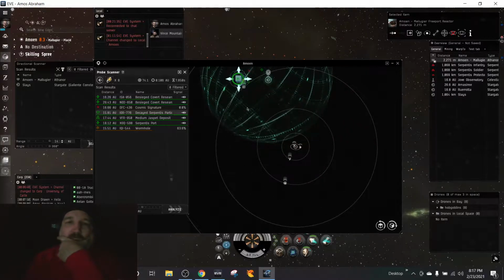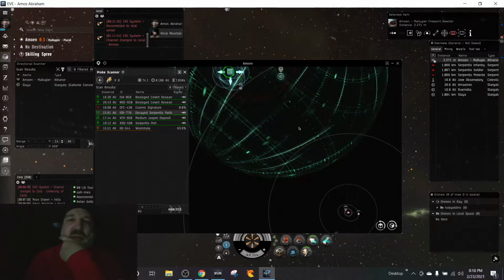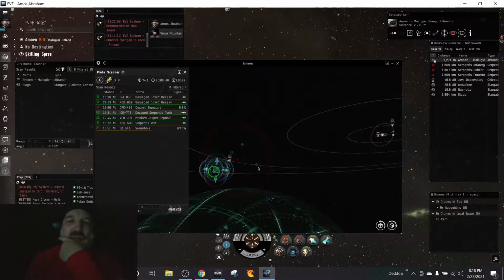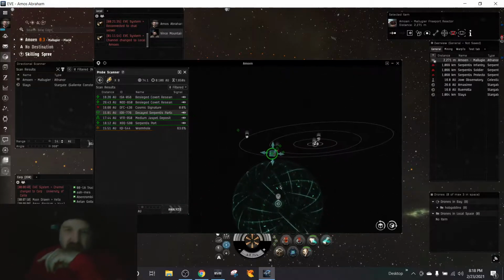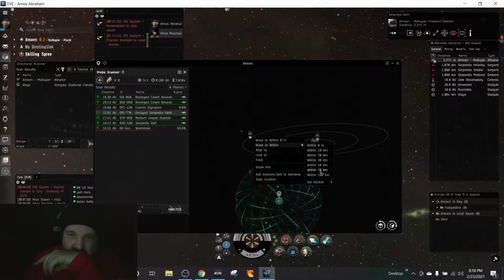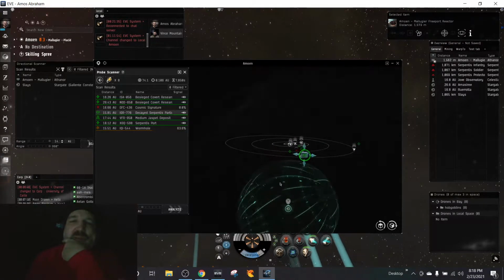Okay, so here's where that is. No, it's saying it doesn't have anybody in system there. That is just out of reach of my scanning, my directional scanning. So I want to get a little bit closer. I'll warp to here. See if we can get that ruin within...